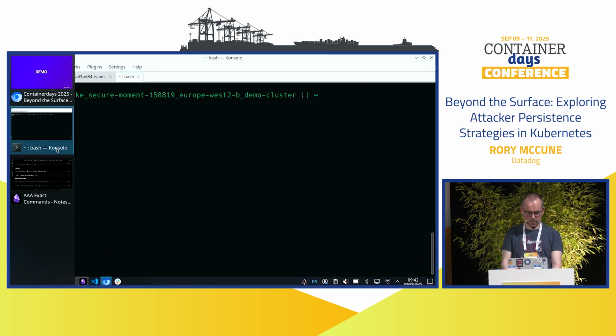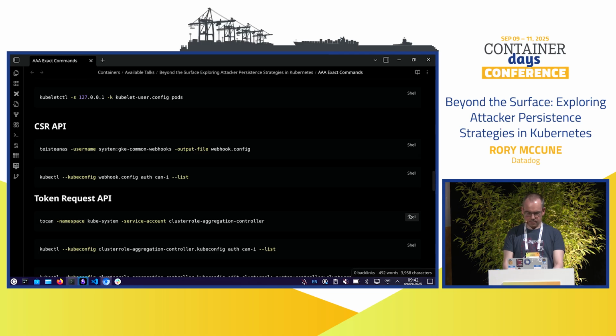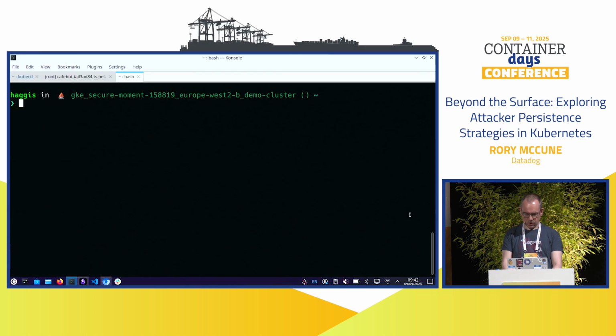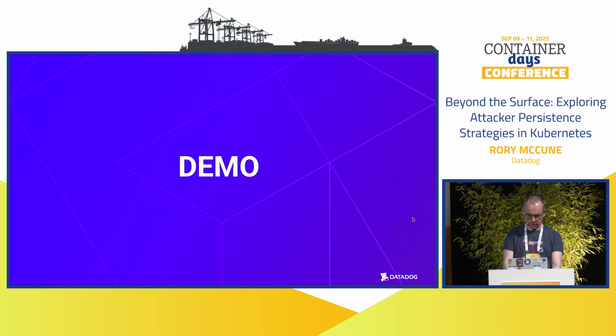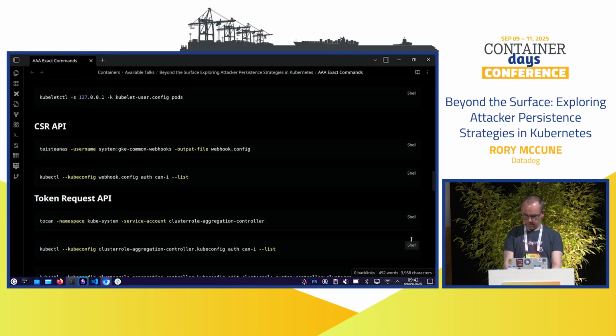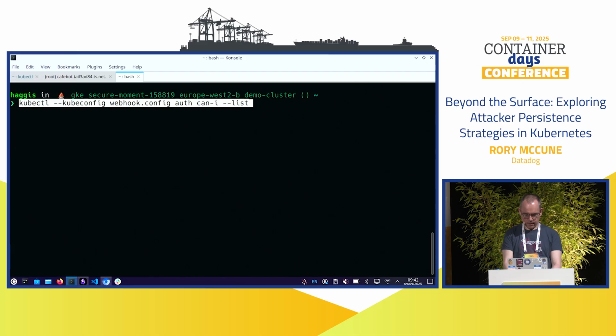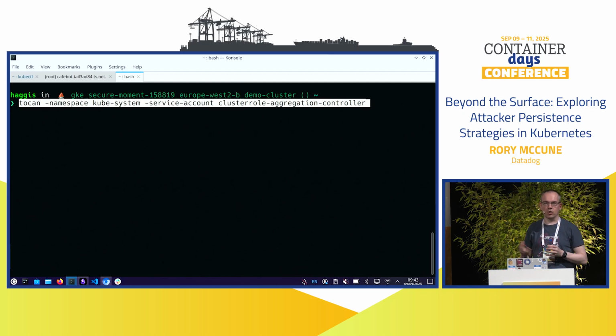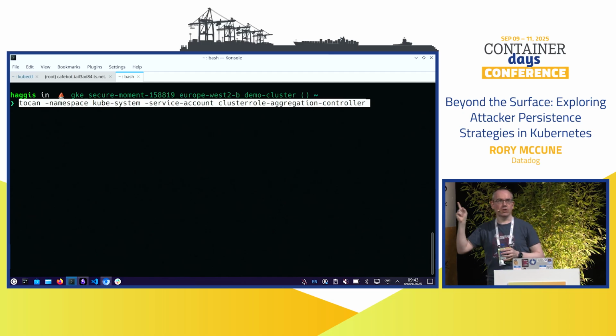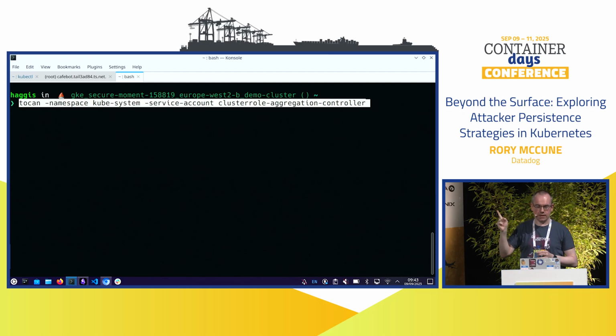So we're going to create, because I get to show off something I think is fun, this is another little utility I wrote. It does nothing clever. It just uses the token request API to create a JWT token and put it in a kubeconfig file. We're going to do it to create a new token kubeconfig file for, again, my favorite service account, which is the cluster role aggregation controller in the kube-system namespace,